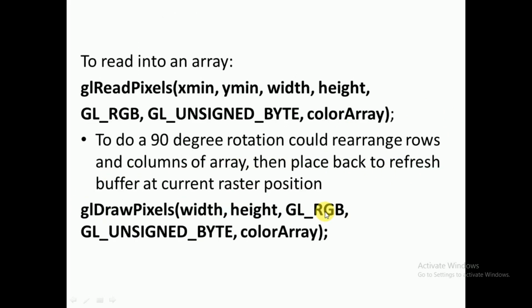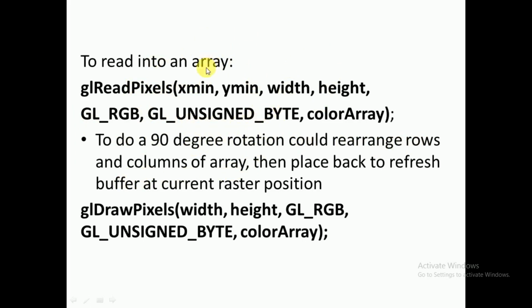Then to read into an array, glReadPixels: X minimum, Y minimum, width, height, then GL_RGB, GL_UNSIGNED_BYTE, color array. To do this, you first have to copy into an array, and from that array you then do all the rotations. To do a 90-degree rotation, you rearrange the rows and columns of an array. That's why first you read into an array,